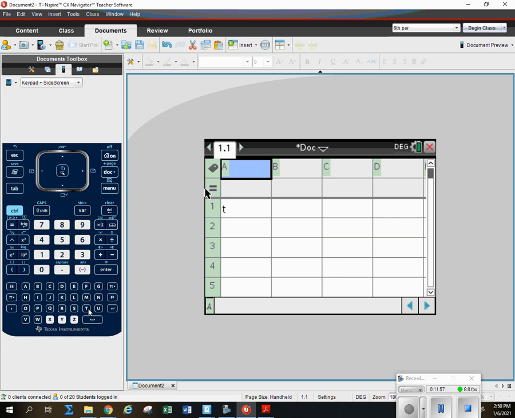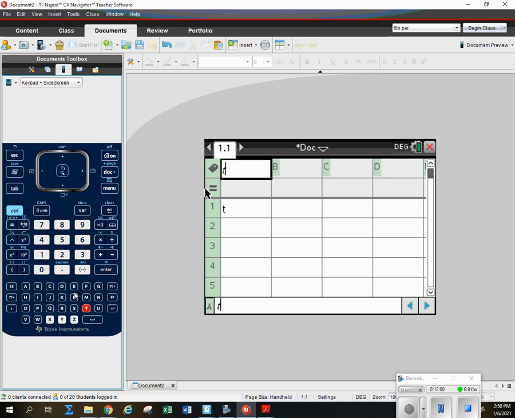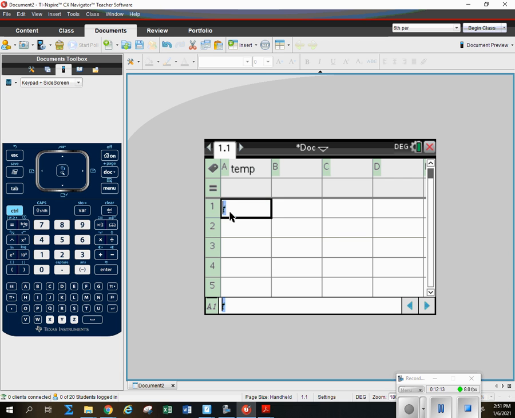If I have just that box highlighted, I will type T-E-M-P for temperature. I find it a little more helpful if I don't use just a single letter. If I write a little bit more, it's easier for me to keep straight what it is. Then I am going to skip the equal box and go down to box number 1, and I'm going to start entering those numbers that I have on my Cricut page. So I am going to go through, and I am going to do